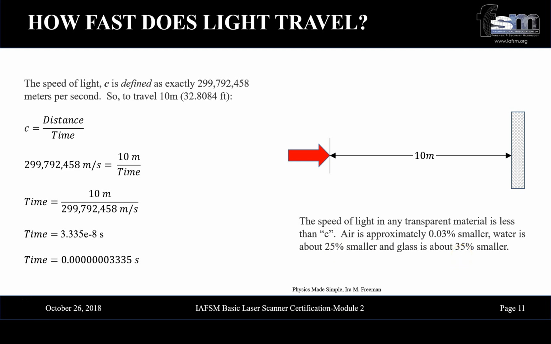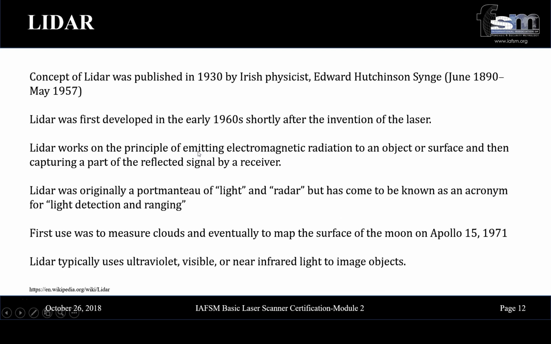It causes the light to slow down. Let's talk about Lidar and what Lidar means. Well, the concept of Lidar was originally published by an Irish physicist. His name was Edward Synge, and he had come up with the concept of Lidar before it was actually possible. And it really wasn't until about the 1960s, shortly after the invention of the laser, that Lidar was really put